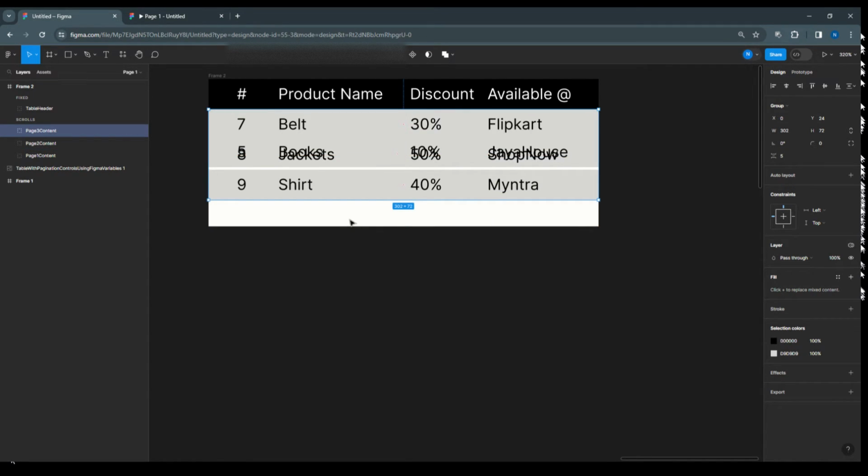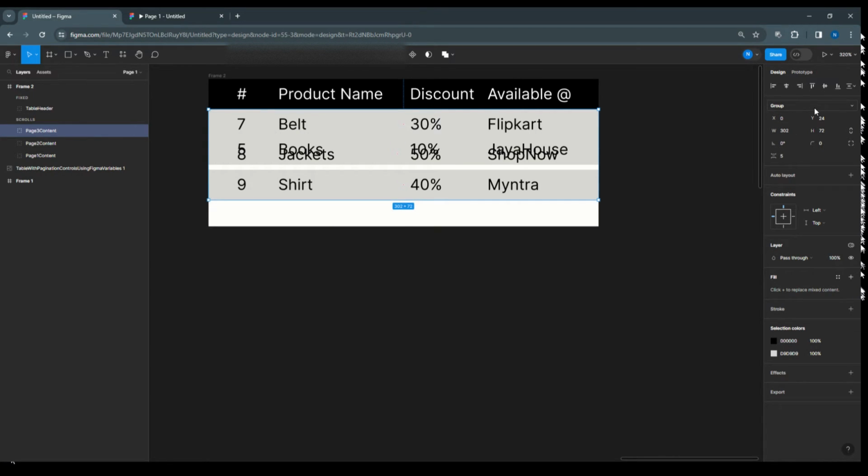Now we have got the space for the pagination. So how we'll do that? So you can align together, you can see here x and y value, so 0 and 24, and this one 0 and 26. So instead of 26 we can place 24,